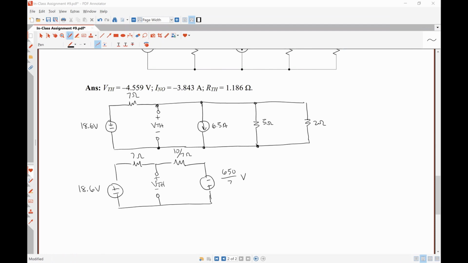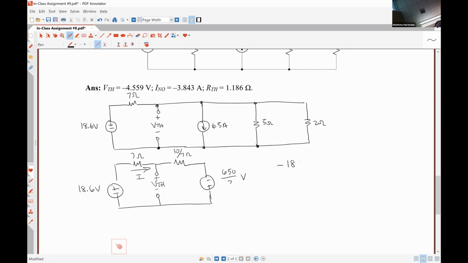You could do mesh. If we did mesh, there's only one mesh because there's an open circuit in the middle. So really what we would be doing is using Kirchhoff's voltage law to figure out what current flows through this single loop circuit. There's nothing wrong with that whatsoever. It's just not really mesh analysis because we're not setting up a system. So this current, let's call it I, would be